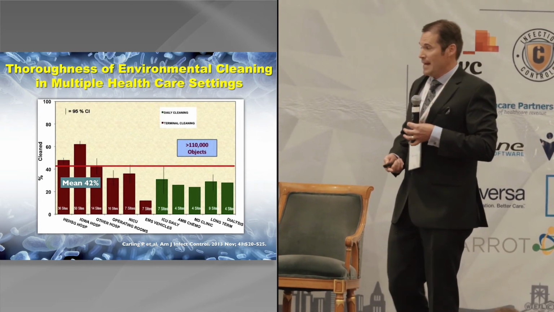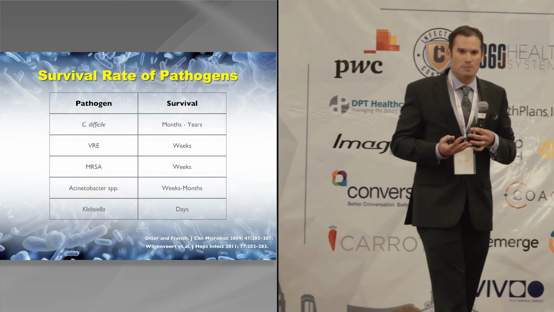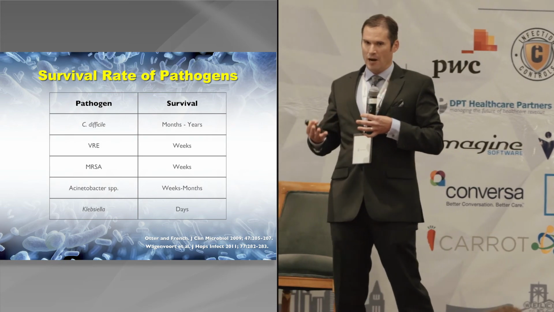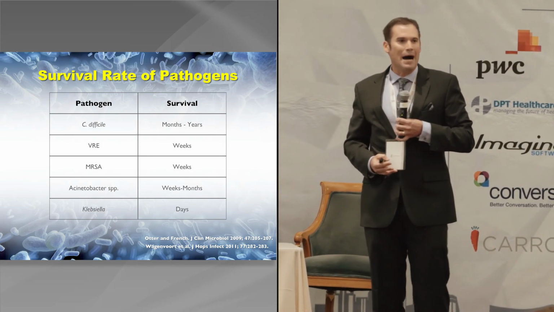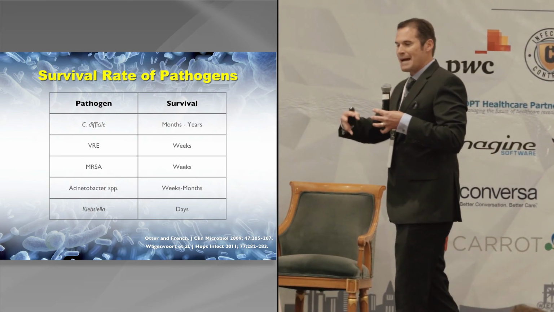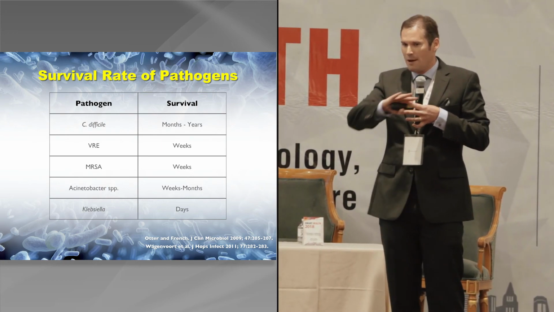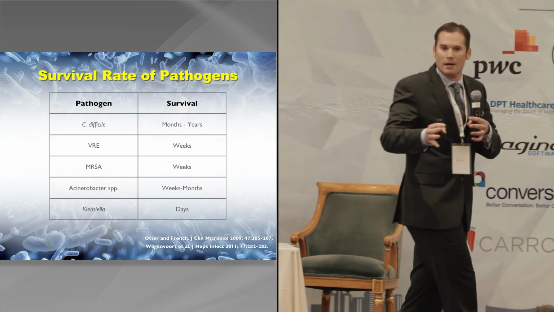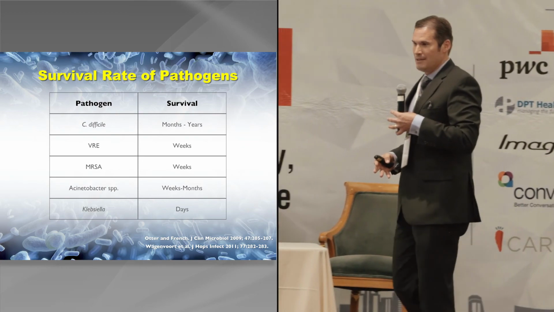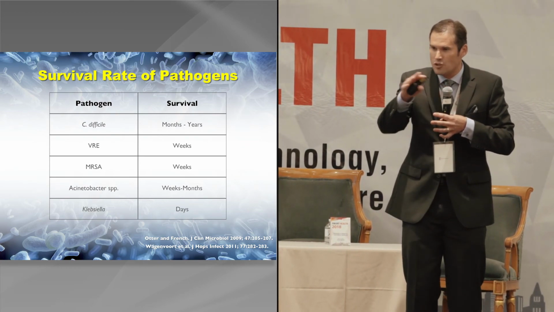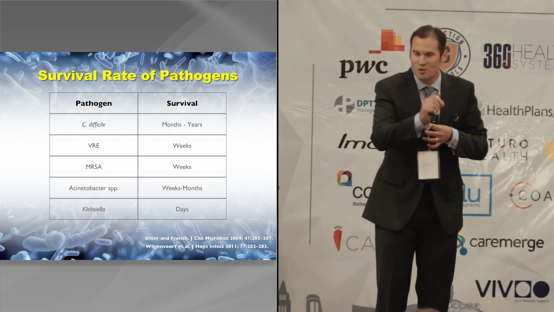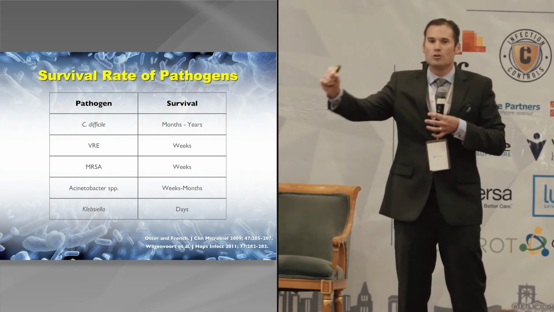One of the reasons for this is the survival rate of these pathogens that we find in the environment. Probably the biggest thing that we see with pathogens in a real-world setting is this term called biofilms. To give you a visual, when bacteria grow on a surface, they form a protectant layer over themselves, like a shell, that protects them from environmental conditions and can even protect them from disinfectants. Underneath that shell we see an exchange of genetic material. And this is becoming rampant, where a bacteria with a resistant gene can pass that gene on to another